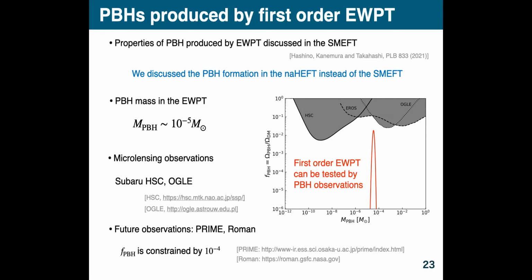Because this PBH mass depends on the Hubble horizon, if the typical phase transition temperature is changed, then we can realize such star-formation-like black holes. Therefore, as you pointed out, it is difficult to distinguish the primordial black holes from the black holes formed after star formation.